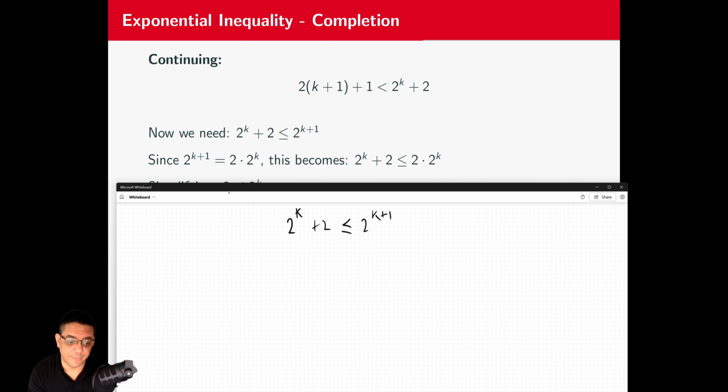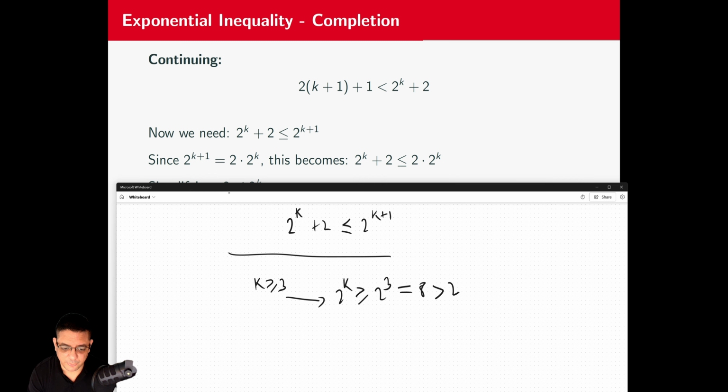This is what I want to prove. But I can start from the fact that k is bigger than 3, right? If k is bigger than 3, 2 to the k is bigger than 2 to the 3. This hypothesis leads me to this. And so this is 8, right? And 8 is bigger than 2. So in conclusion, if k is bigger than 3, 2 to the k is always going to be bigger than 2,